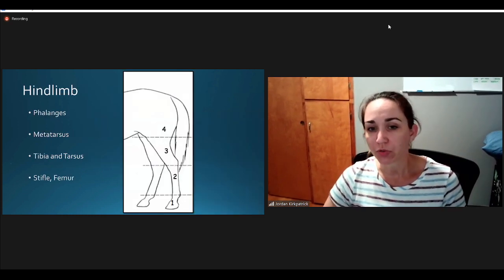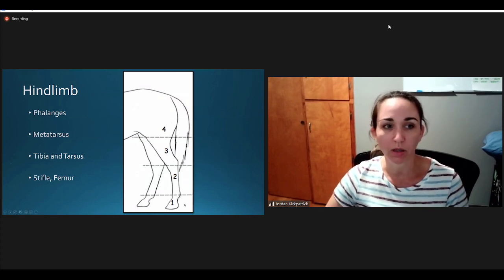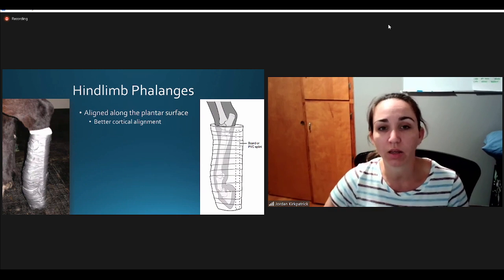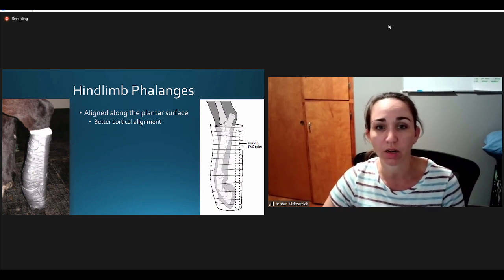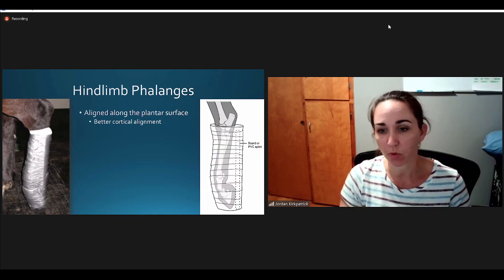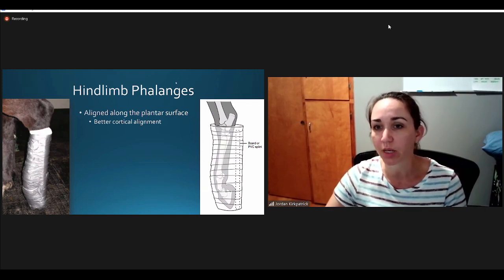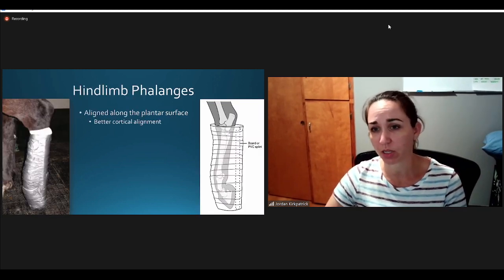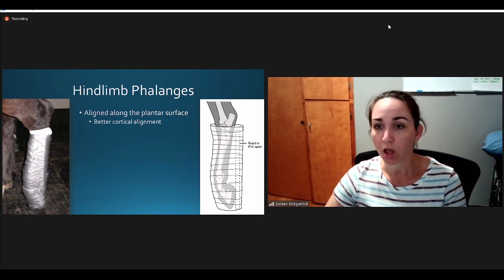For the hind limb, there are just 4 areas instead of 5: the phalanges, metatarsus, the tibia and tarsus, and the stifle and femur. Again, we want to align the cortices, and for the hind legs, instead of aligning them on the dorsal surface, you're aligning them more on the plantar surface. That gives better cortical alignment. They have the reciprocal apparatus in the hind limb, which can affect weight bearing, so this is the better way to do it. You do the bandage and then put the splint material from the foot all the way up to the hock. I usually extend it all the way up to the top of the calcaneus